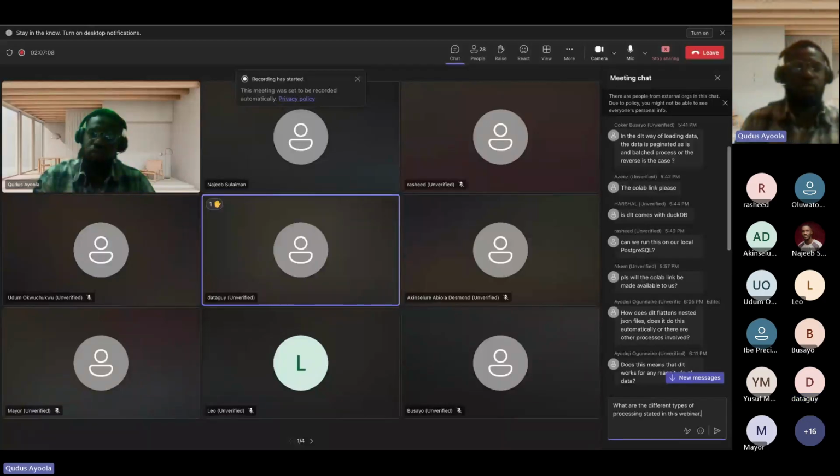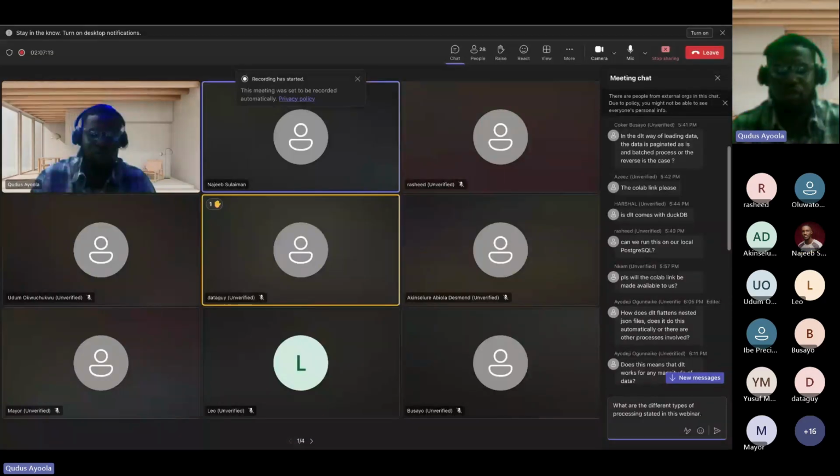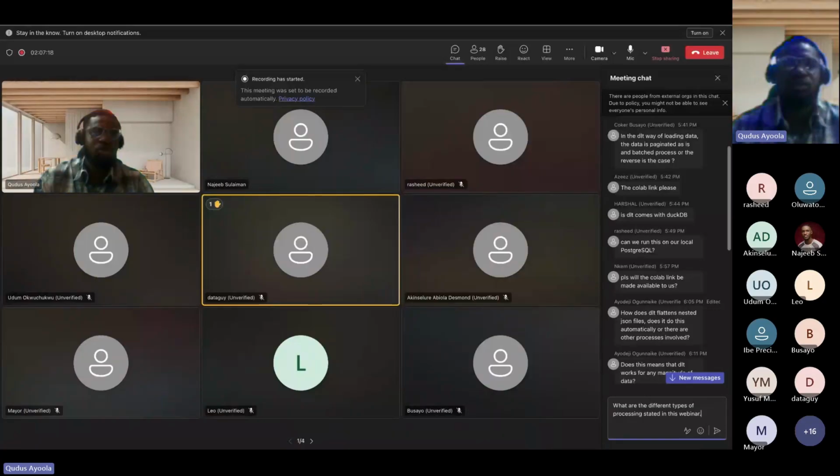If you notice what I tried to do, I started with a Python script in order to connect with that data source. And that Python script is what is being passed into the DLT pipeline itself, in order to generate the data in micro batches.